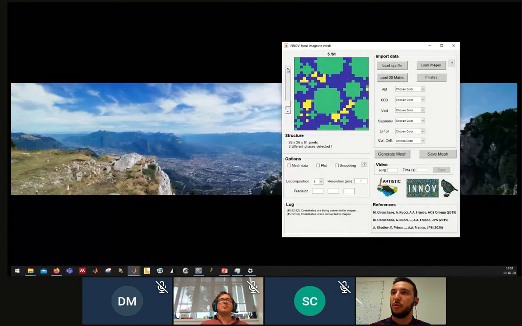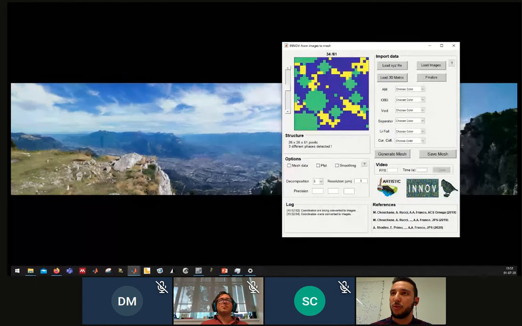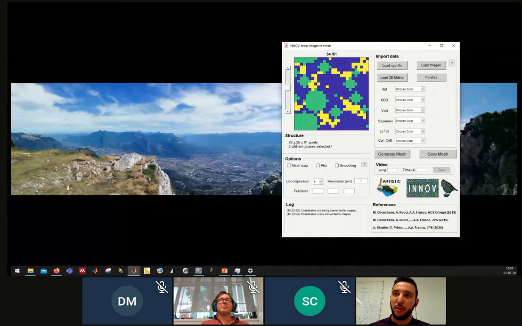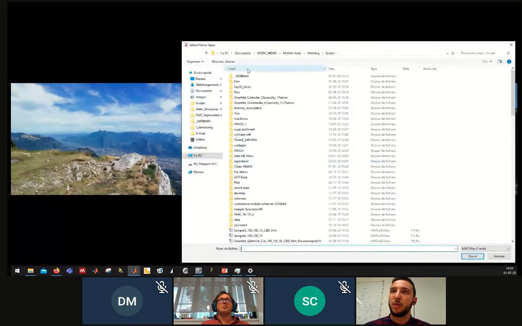You can go through your structure. Here in green you have your active material, in yellow your CBD, and in purple you have your electrolyte. You can see it's really coarse, like 26 by 26 by 61 pixels. So it's not really what you would expect for modeling. That's why you can go to